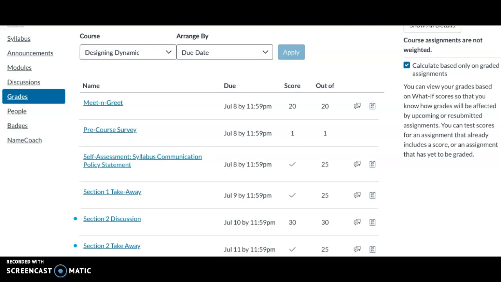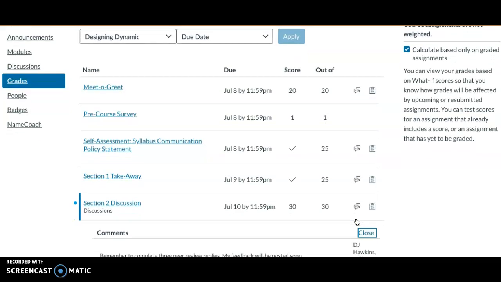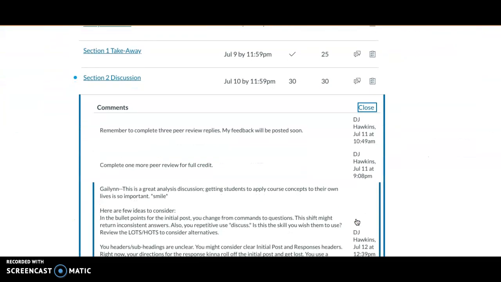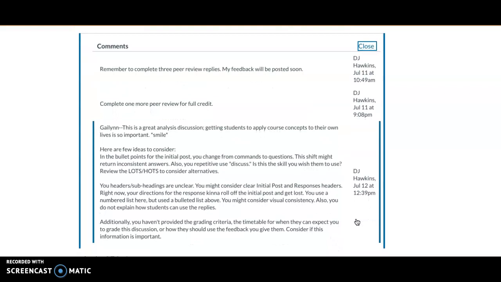So to view your grades, first thing you do is go over to the grades section right here and click on it. You'll see a list of graded assignments. Go to your discussion. So for example, let's look at this section 2. If you come over here, you see the 2 little text boxes. Click on that. And when you do that, the list of comments that the professor, me, has made will come